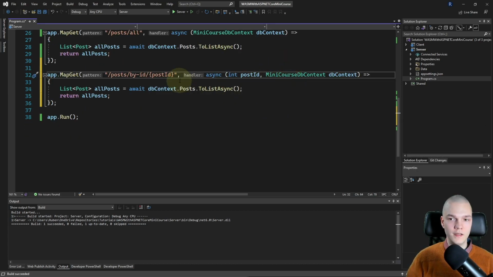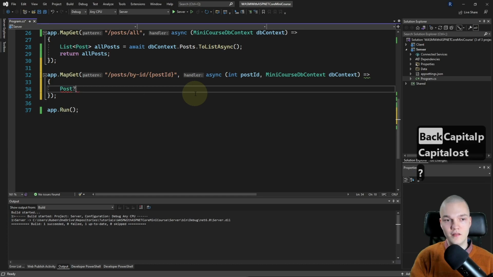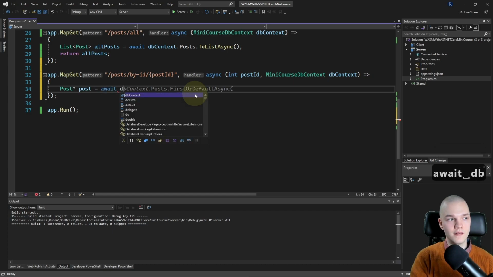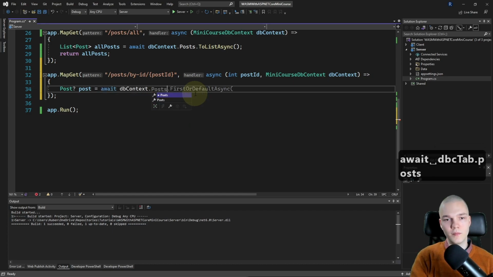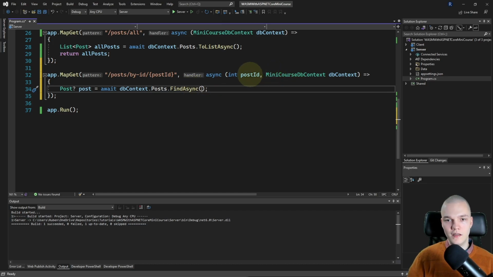And we still need our DB context. So for this one, I'm then gonna declare a nullable post and name it post, and its value is await DB context dot posts dot find async, and we're gonna find the post with the post ID.